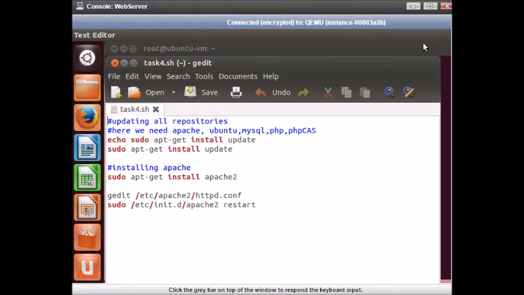For that we have to install Apache, MySQL, PHP and PHP CAS on our client. So here we are installing Apache.